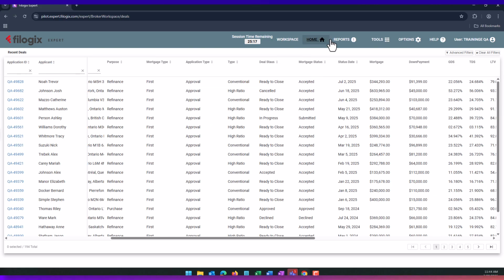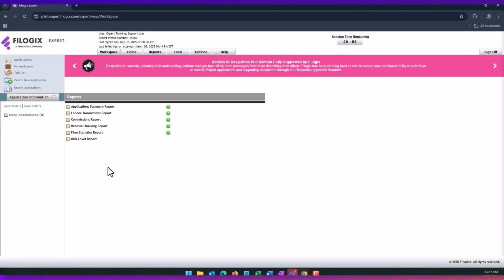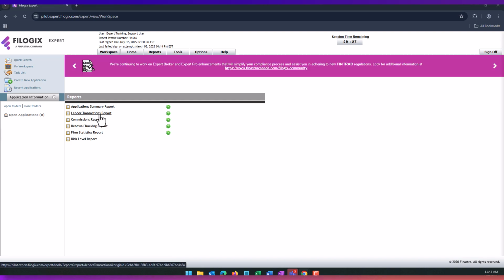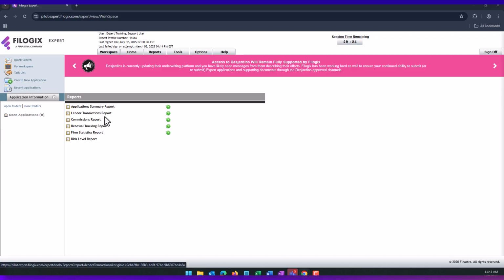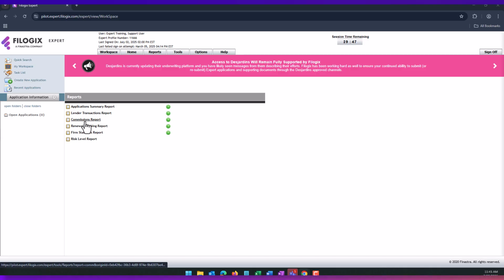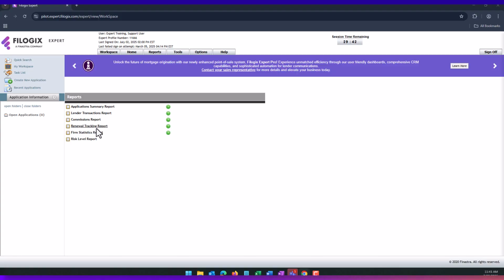To get out of this section, you can click on any other menu option. From here, we'll go directly into reports. Under reports, you'll be presented with a few reports. So first, we'll have the application summary report, which will give you a basic summary of the deals in the Expert platform. Underneath that, you have the lender transaction report, which will give you a listing of deals with submission statuses based on lenders. Underneath that, we have the commissions report, which will give you a cash flow report of the deals where commissions information have been entered. We then have the renewal tracking report, which will give you a list of deals that are maturing between the selected period of time,